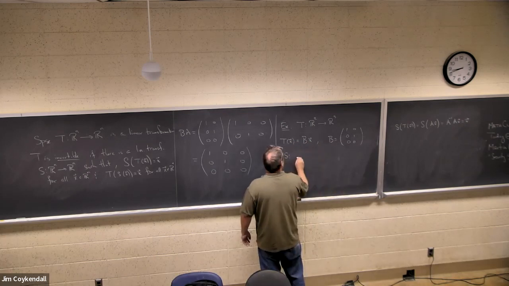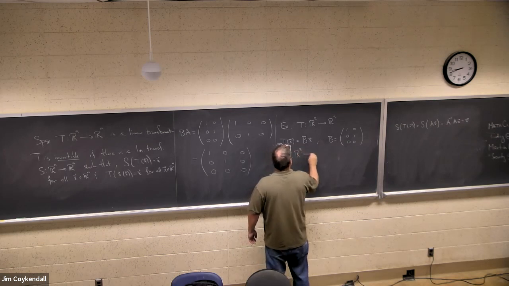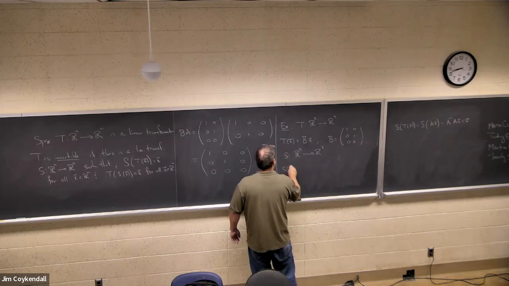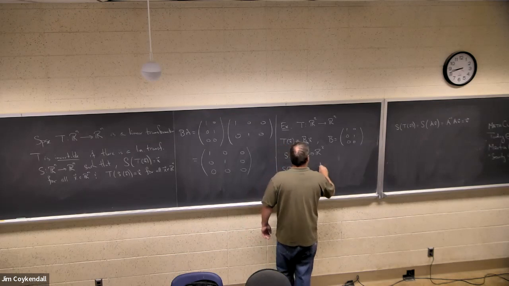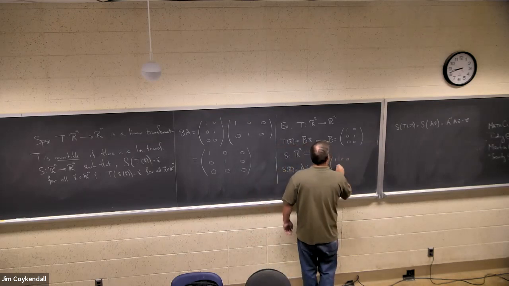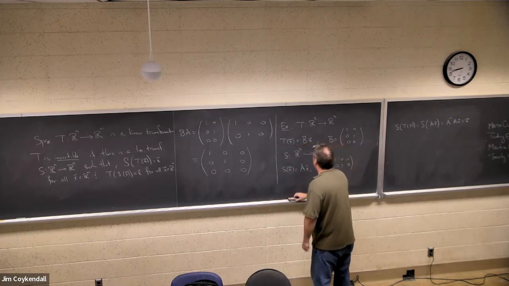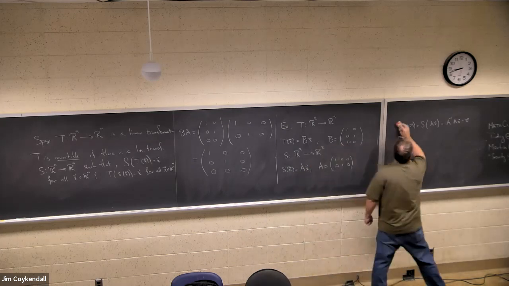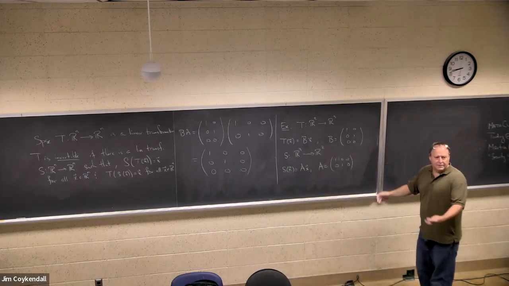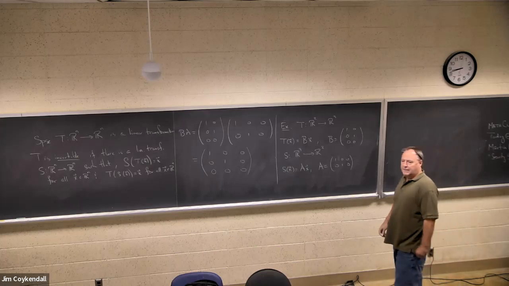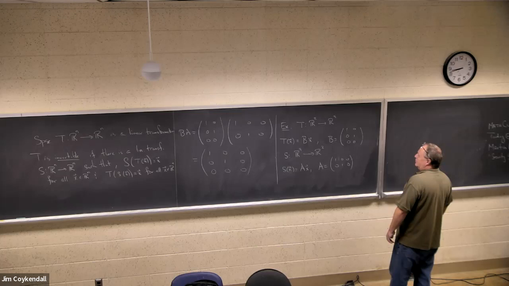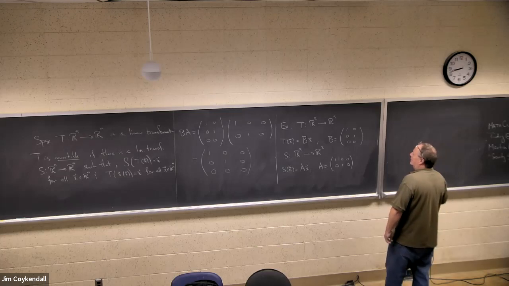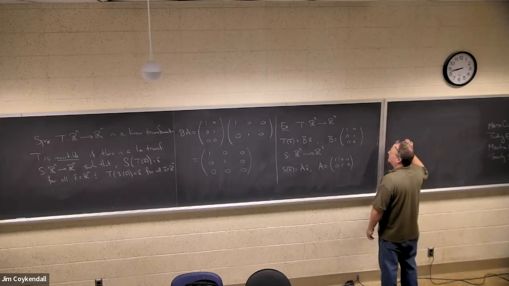Let's say S goes from R3 to R2 by S of X equals A times X, where A is the matrix from before. Now, this should look familiar because I've just stolen it from the previous example. If you look at T,